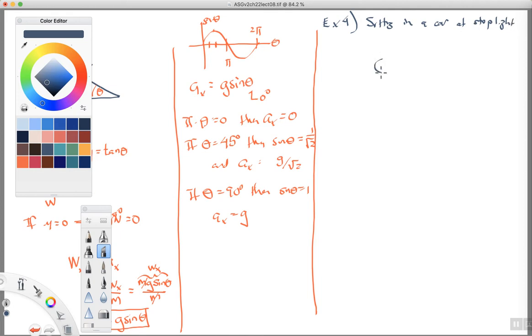So here's the car. There's the wheels. Some kind of fancy sports car like this. Okay, so here's your car like this. Okay, and you're at the stoplight and suddenly the light turns green, so you hit the gas pedal. So you hit the gas pedal, and the question is, when you hit the gas pedal,